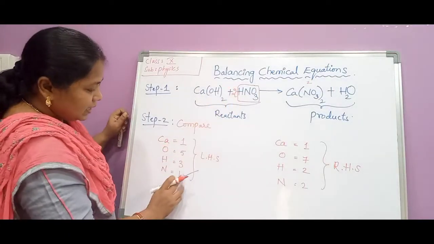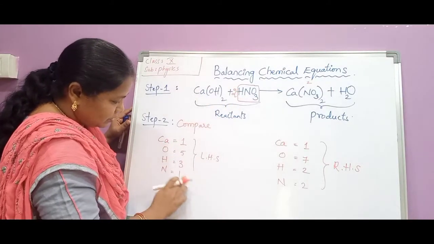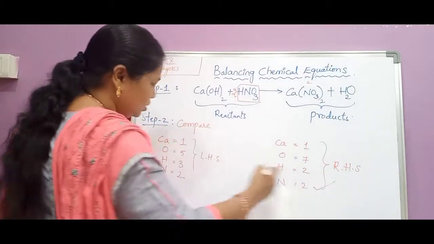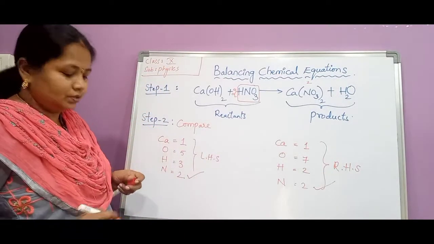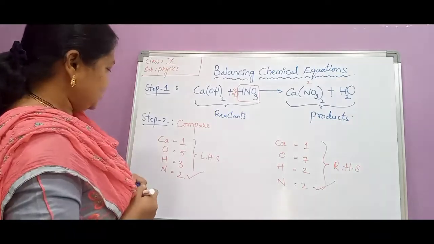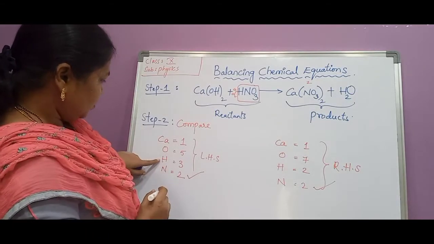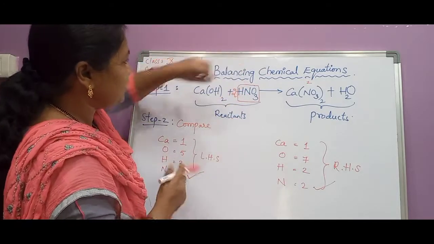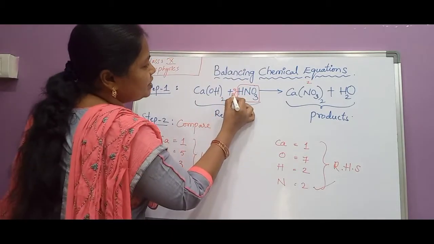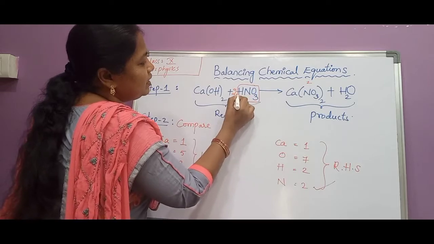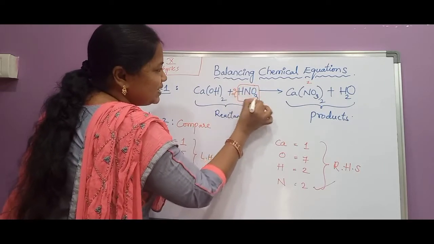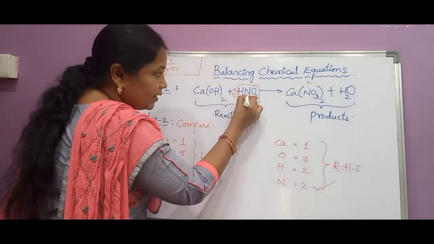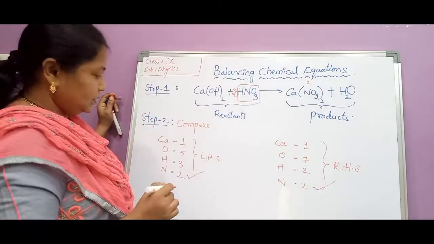So when we write 2 here, the nitrogen atoms number increases. That is 2. Here nitrogens are 2. Here also nitrogens 2. So it is balanced. Now next one is we will go for hydrogen atoms. So whenever we write 2 here, hydrogen atoms number also increases. This 2 is a coefficient and it is applicable for all the elements present inside this formula. It is applicable for H, it is applicable for N, it is also applicable for oxygen, like that.